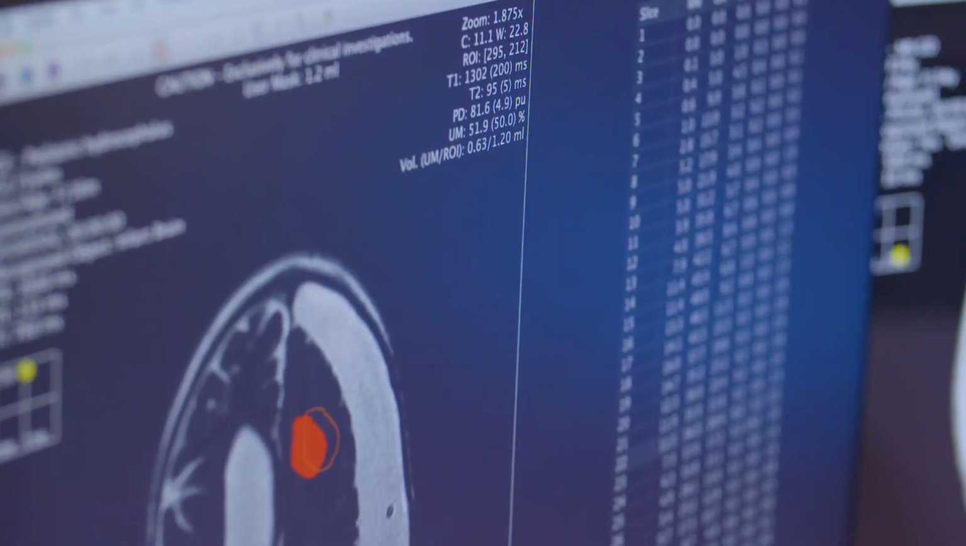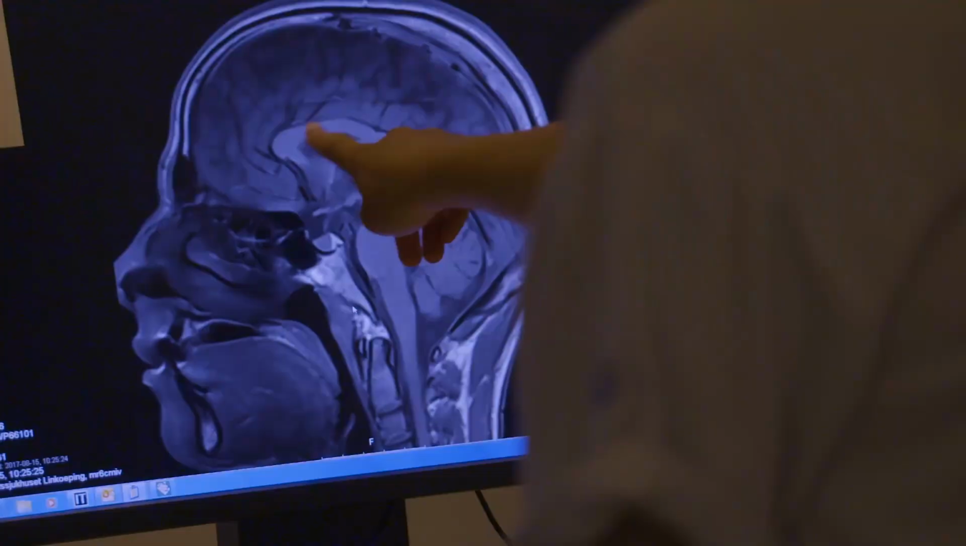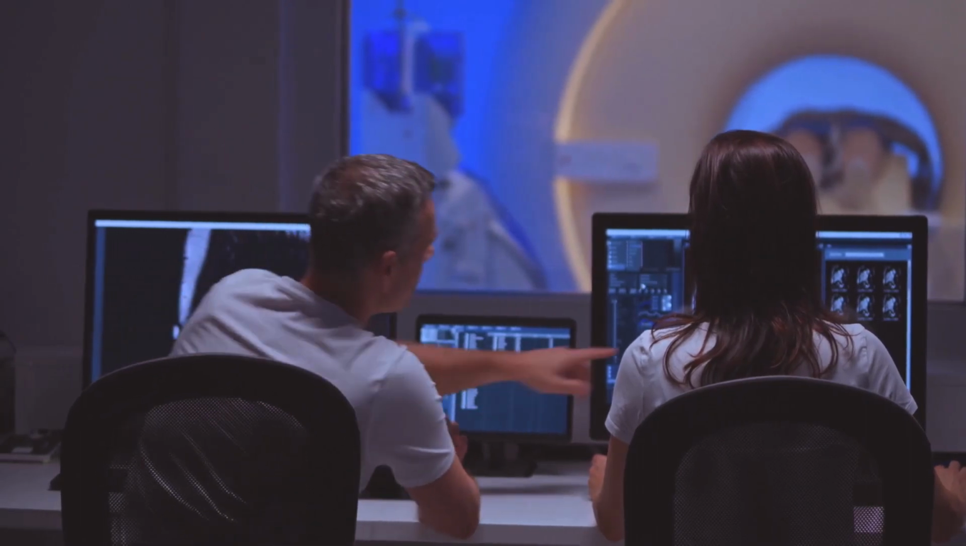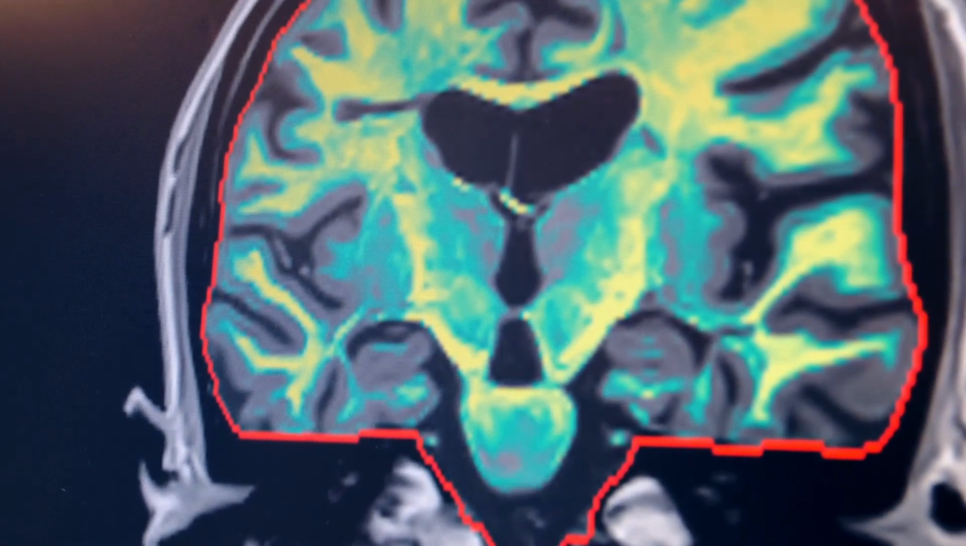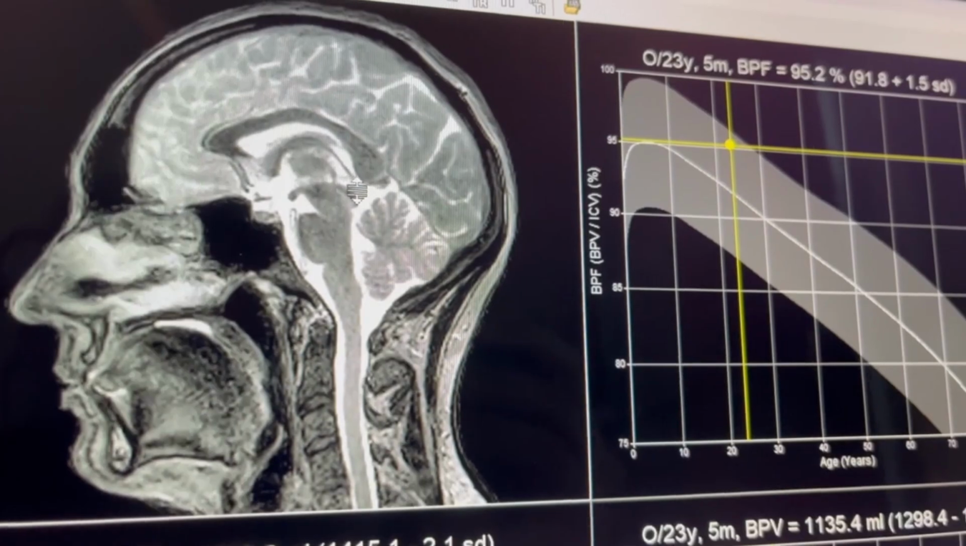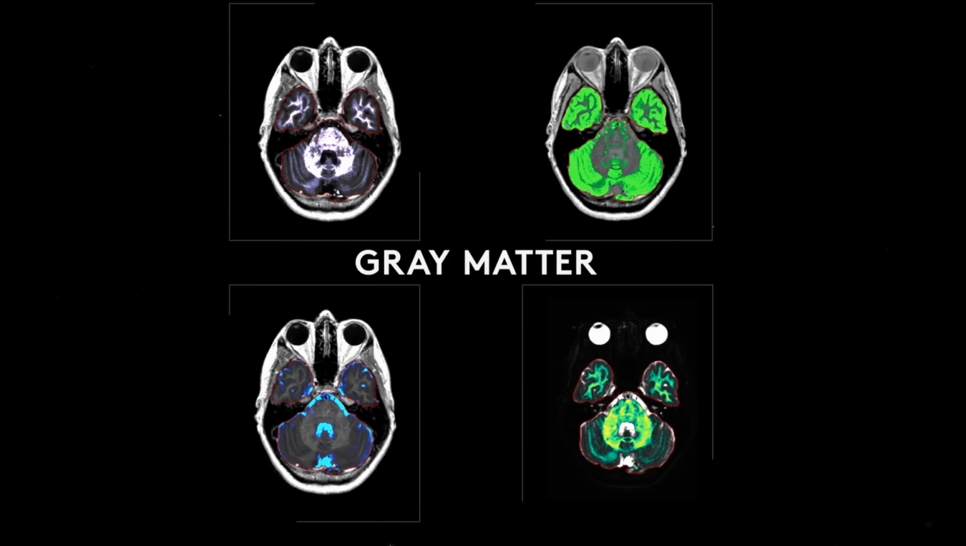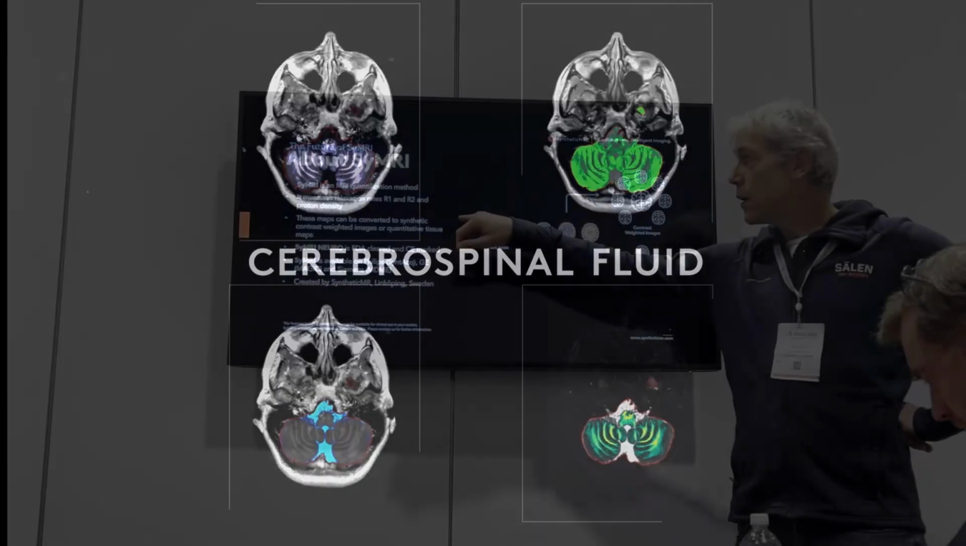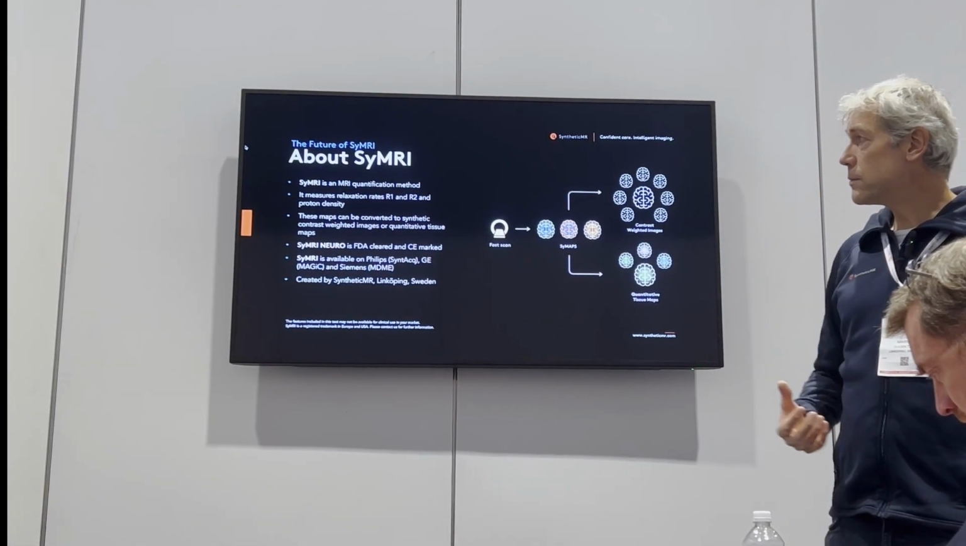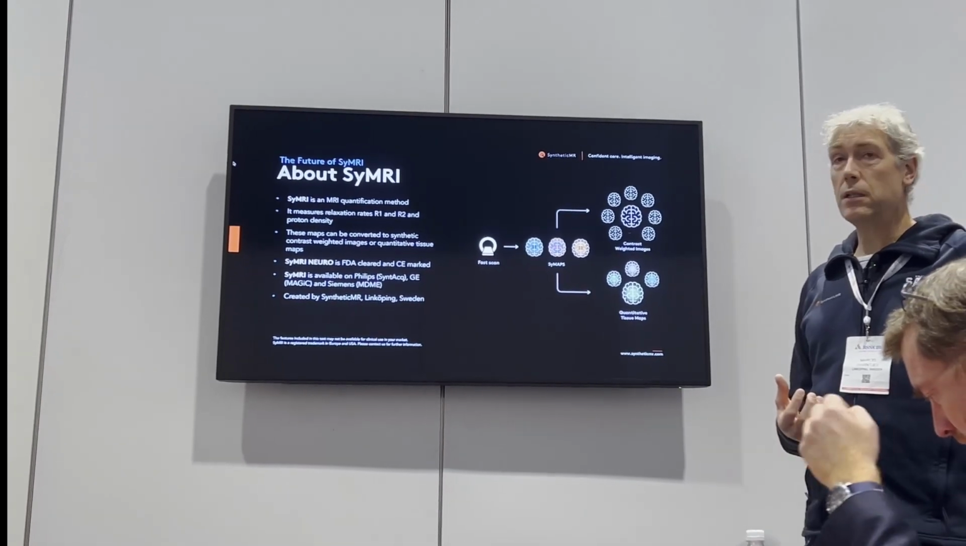SyMRI is an MR quantification tool. We measure physical properties. So we measure really the R1 relaxation rate, R2 relaxation rate, and protein density. So rather than images, it's really a physical property that we have a number on. So we get maps, but to make you more at home with looking at these maps, we can always convert